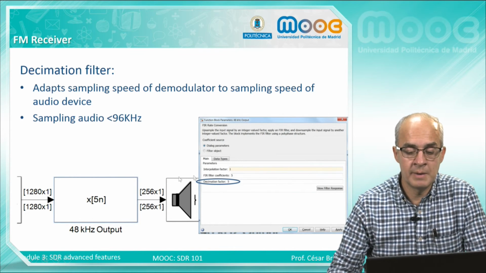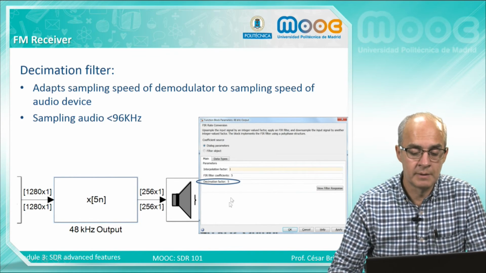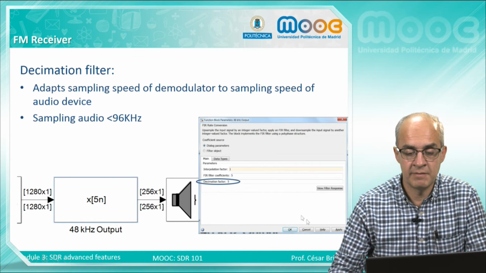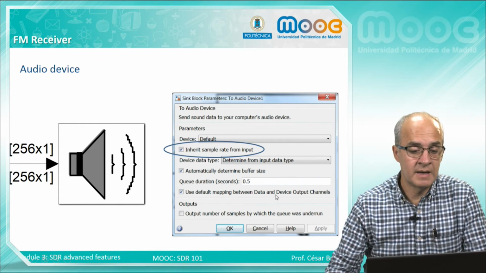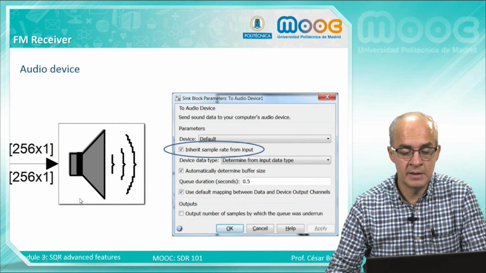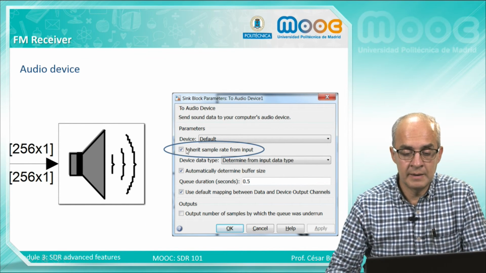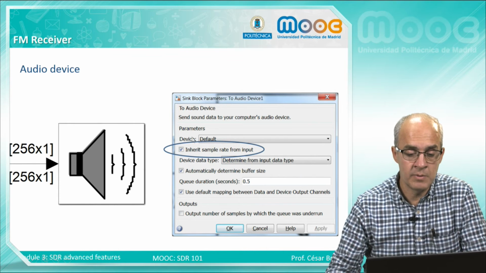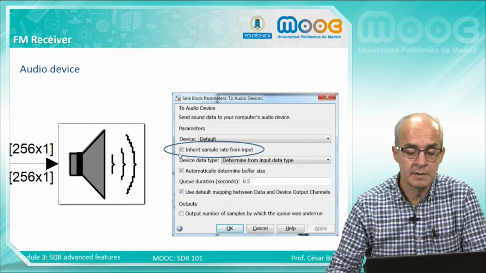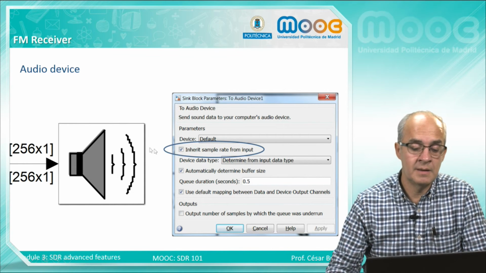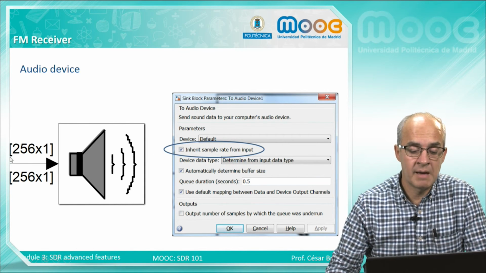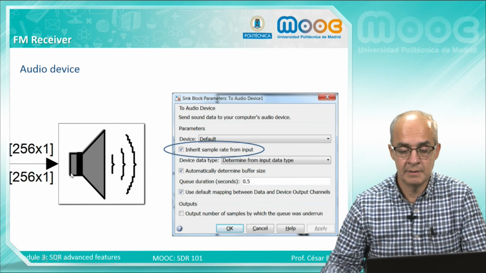Typically, an audio device uses 100 kHz of sampling frequency. Finally, the audio device. This is the first time using the audio device, and it has some parameters. The most important is the sampling rate. The best here is to mark this option, and then it takes the sampling rate coming from the input signal.